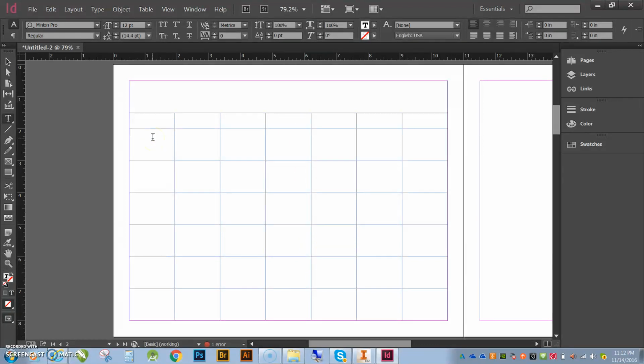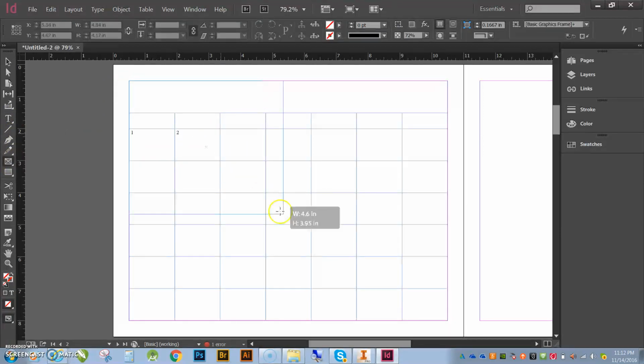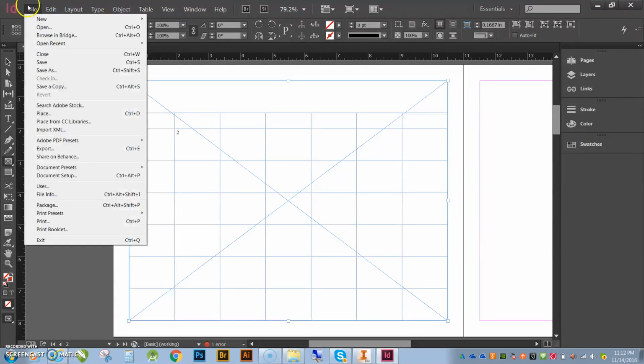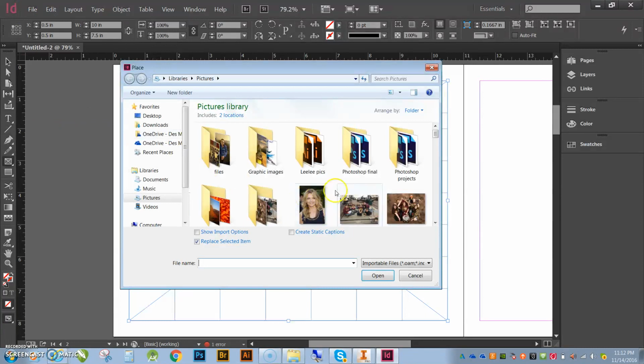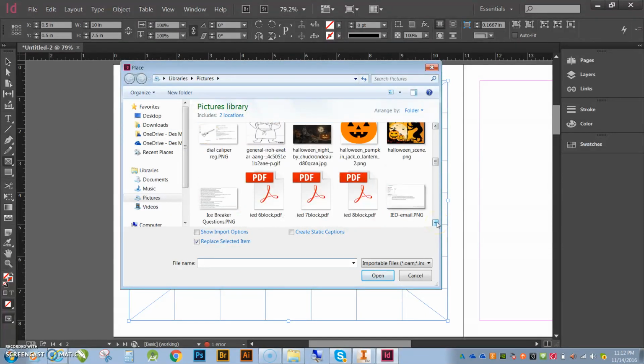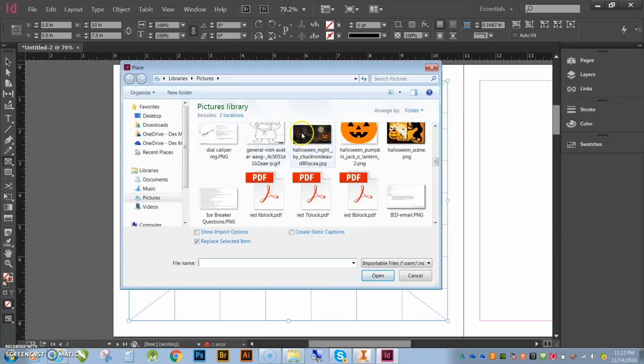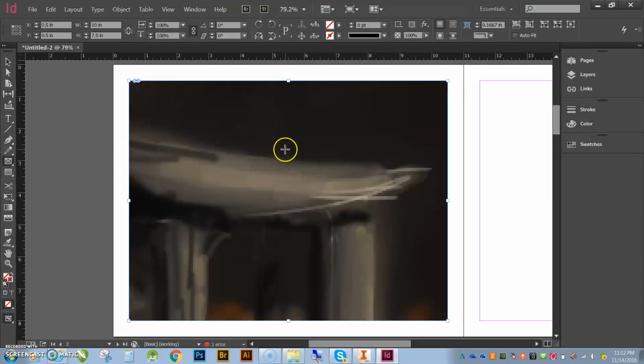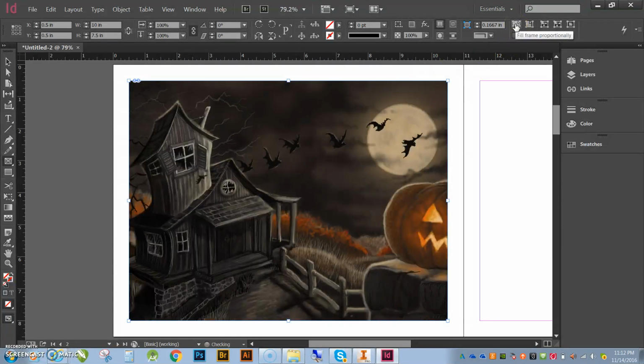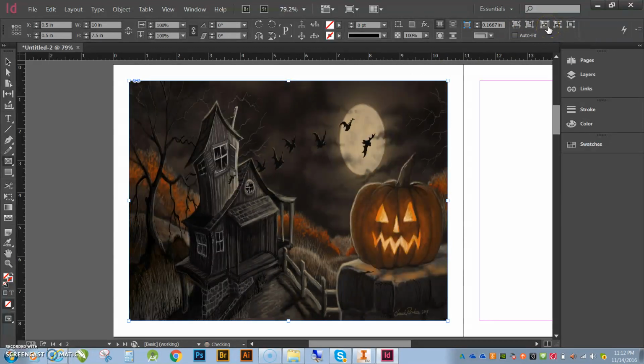And then I can just simply click, tab over, and type in my days of the week, or my numbered days of the week, sorry. I can do my grid. Again, maybe I want an entire image across this. Alright, something like that. Place. Maybe I was planning on doing like a holiday theme. Alright, so like themes of the month. So we'll do this thing here. Fill it. Alright, so